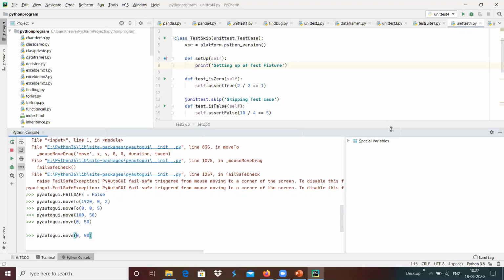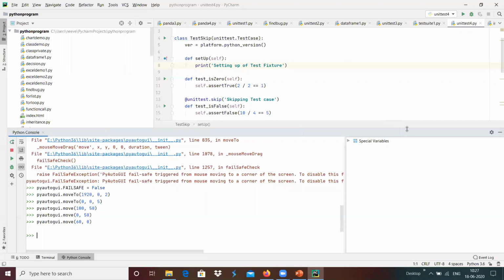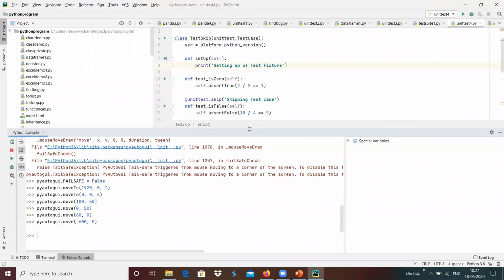If you give the x value and y is 0, it will move in the x direction only. And if we wanted to get back, we can give a minus 600, so that in the x direction it comes left, from here to here, by 600.